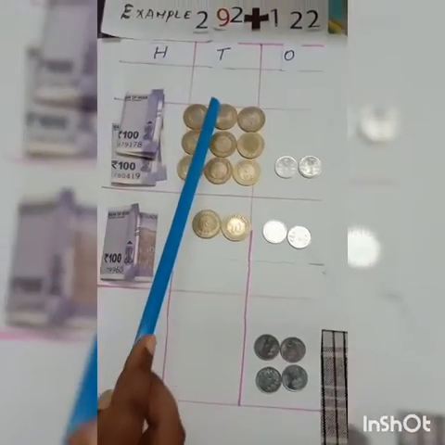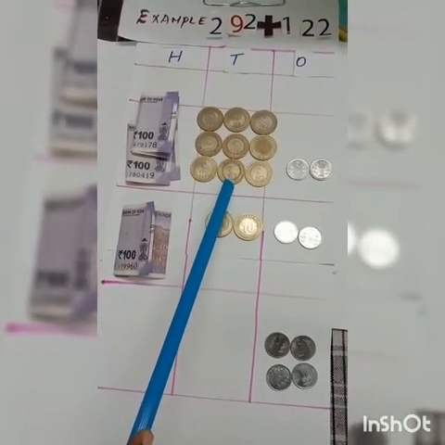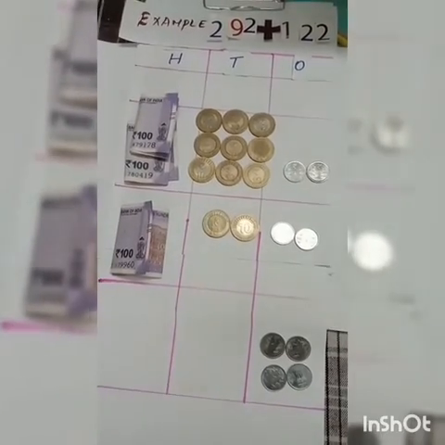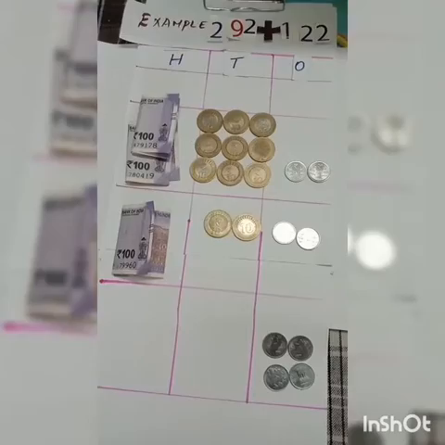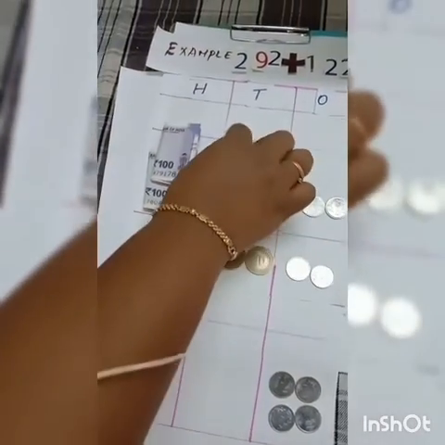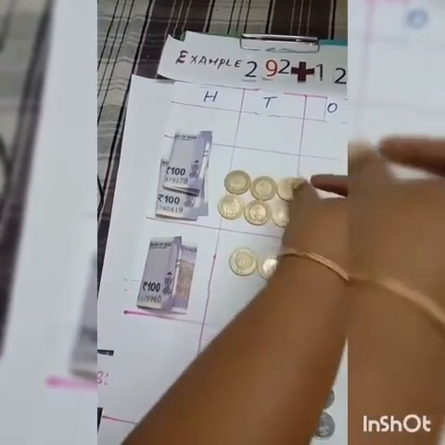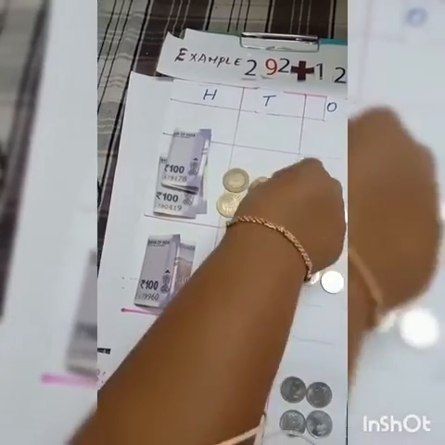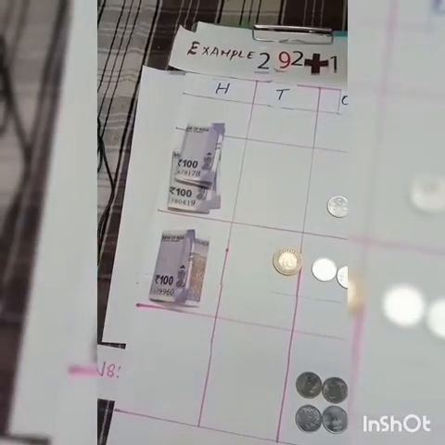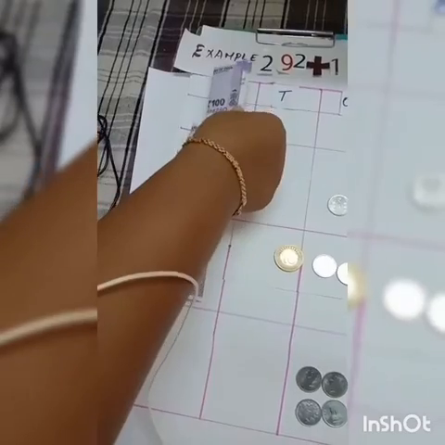Step 2. Now add the rupees in tens column, that is 9 ten rupees plus 2 ten rupees, that is equal to 11 ten rupees. We know that 10 tens is equal to 100. So we represent 10 tens as 100 rupees. We regroup 11 tens as 100 rupees and 10 rupees. So we carry forward 10 tens as 100